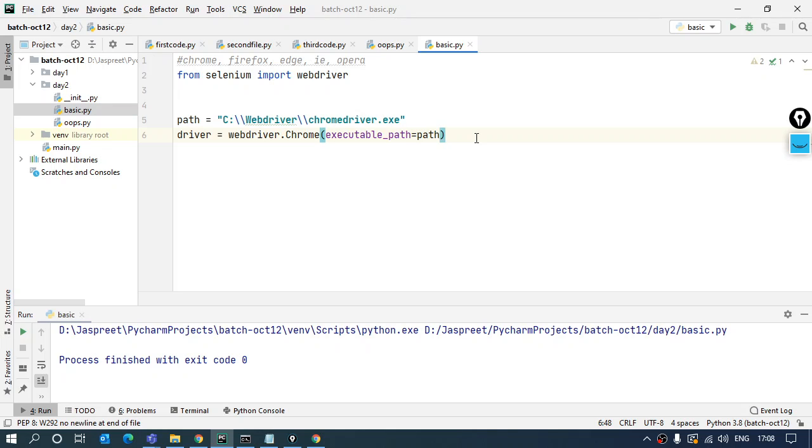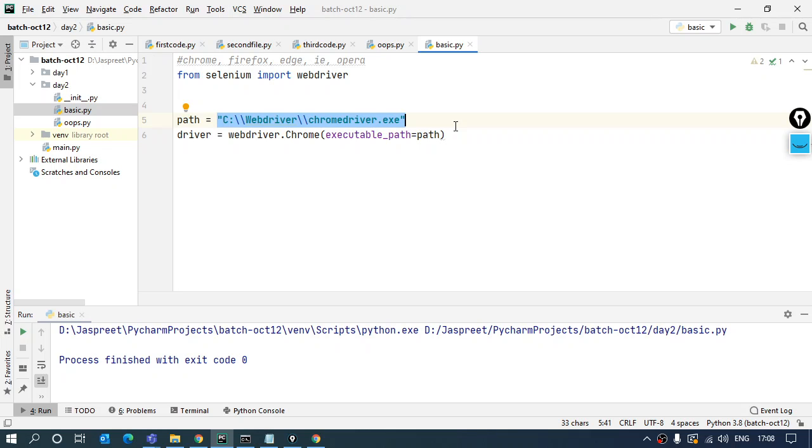Everything will be covered. Don't worry about that. If you are saying you want to make these drivers generic, see, whenever you are working with the automation team or something like that, no one passes the path like this. No one. Because you run around 10,000 test cases in a day, since it's an 8 hours long shift. So you don't pass this path like that.